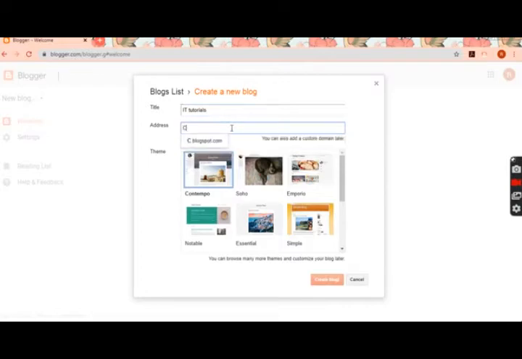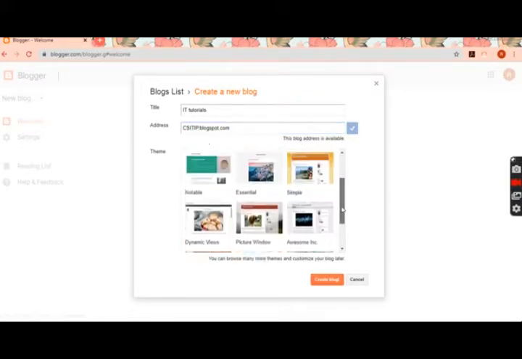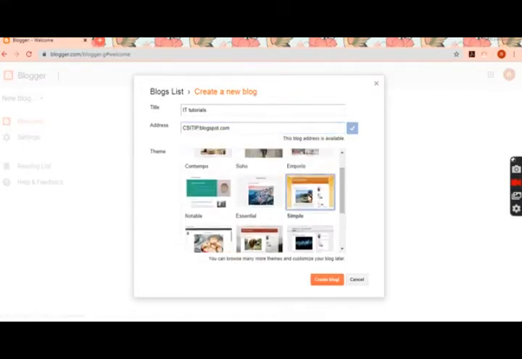I will have csitip.blogspot.com. This could be my blog address. Now theme you can select from here. Say I will be selecting this theme simple and then create blog.